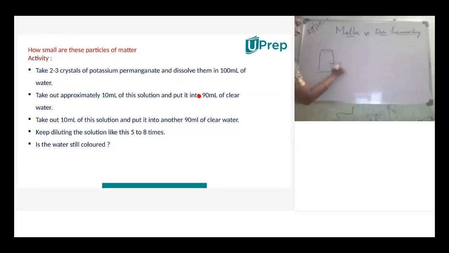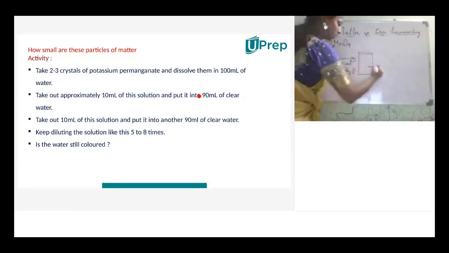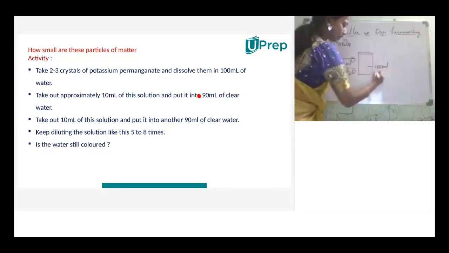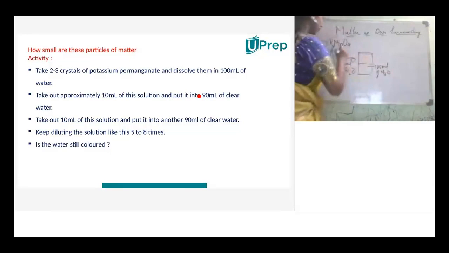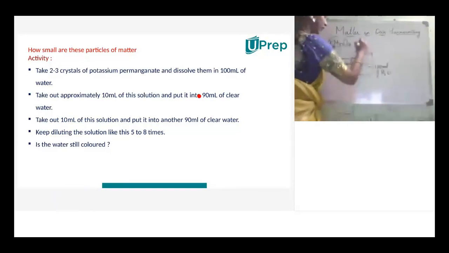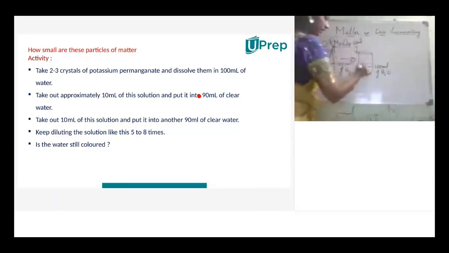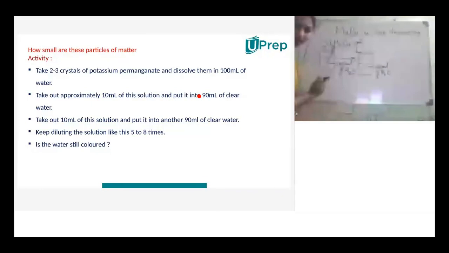In the first beaker, take 100 ml of water and add one scoop of KMnO4. But in the activity, it is given as 2 to 3 crystals. But to see the dilutions, the concentration of the solution, we'll take 1 scoop of potassium permanganate in it and dissolve it with the help of a glass rod. And take 1 more beaker containing the same quantity of water, that is 100 ml, and transfer 10 ml from the first beaker. And again you can see the dilutions, you can see the concentrations.